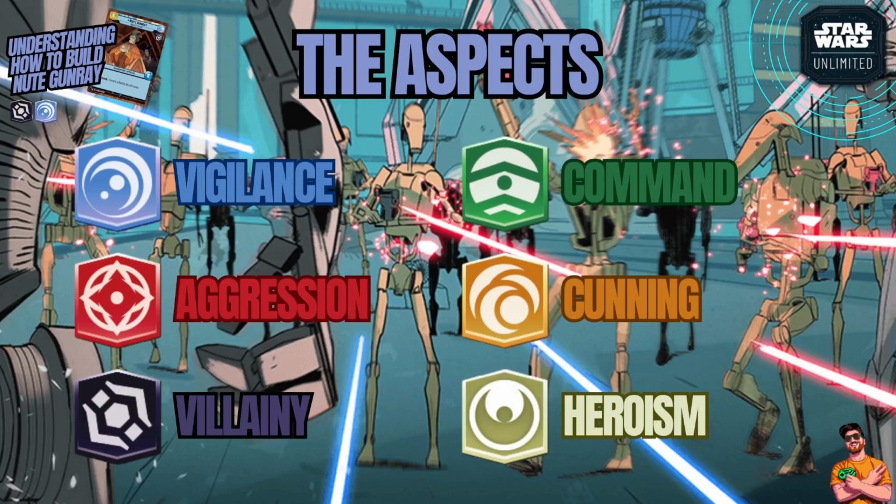And that brings us to the other two aspects, being Heroism and Villainy. Now these are ones that either want to battle for power and be the antagonist, which is the dark side, or just fight for peace and justice and feature the protagonist of Star Wars, being the light side. Now these are aspects that are great for players who want to either support them and protect their